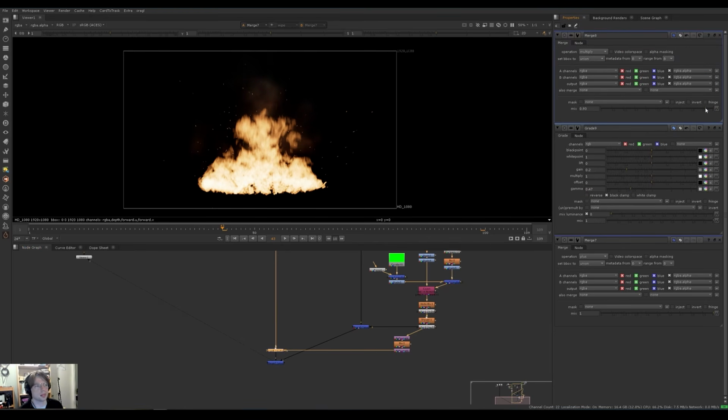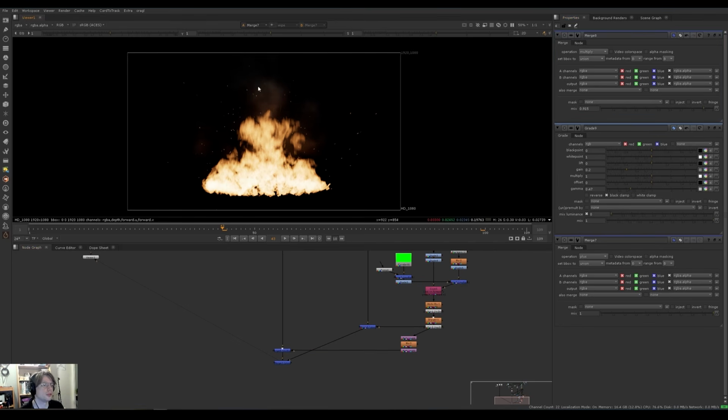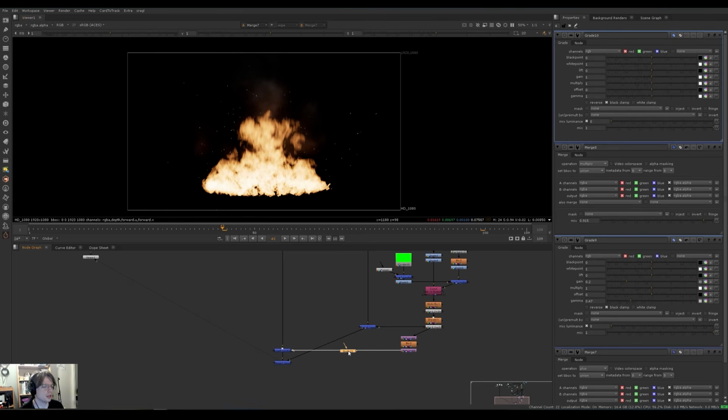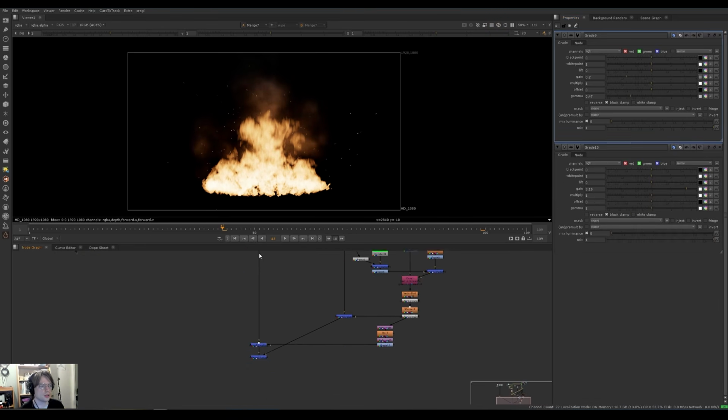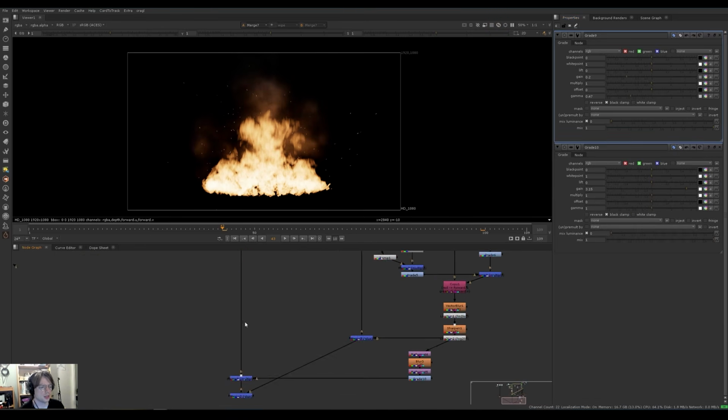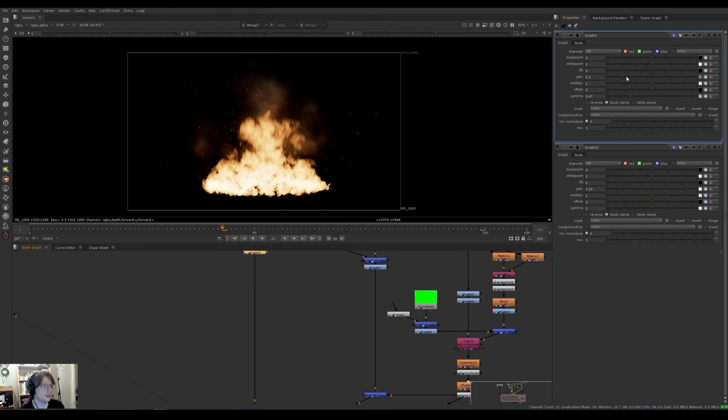Yeah, now we've got that little taper off there. That's looking pretty good. Although it does seem brighter after it tapers off than it does here. Maybe I'll increase the gain of the blurred fire image before it hits the multiply. That is brighter. And then we'll go into the grade that was hitting the smoke before this multiply